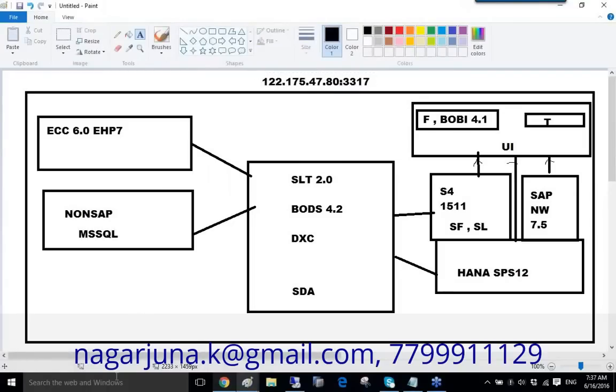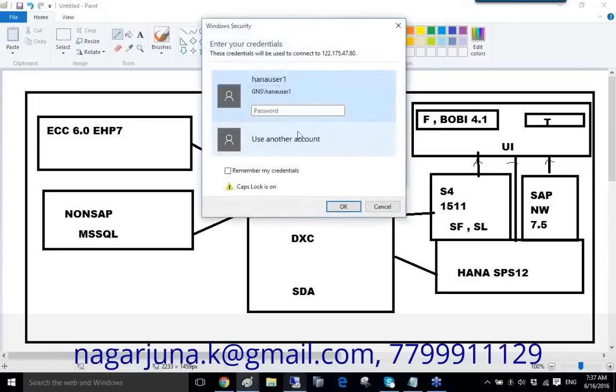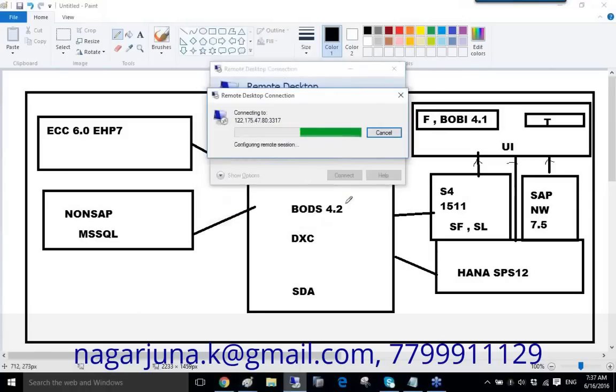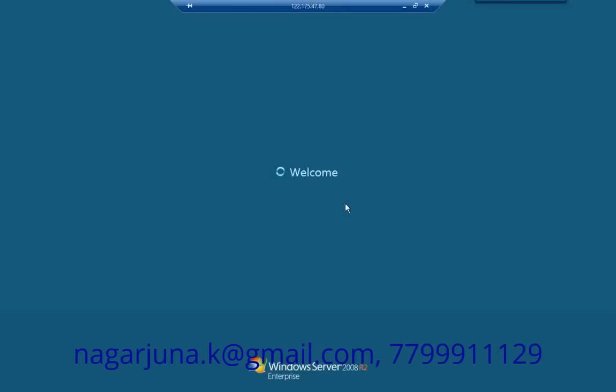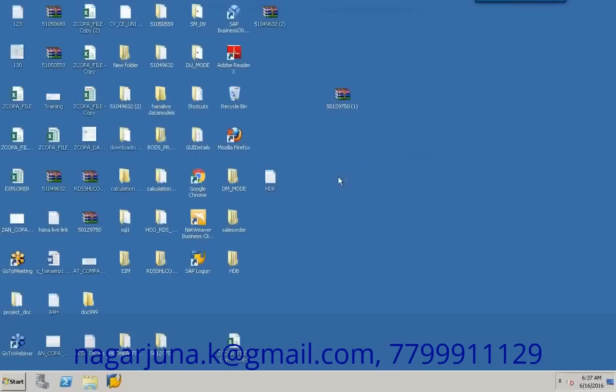Once you give in this IP address, every participant will have their unique user ID and password. So using your user ID and password, once you enter, you can access the system. Once you log in, click connect. It's going to ask for the user ID and password. User ID is HANA user 1. And click OK. Once you click OK, now you're going to log into the remote desktop connection. Once you log into the remote desktop, in order to access the source system,